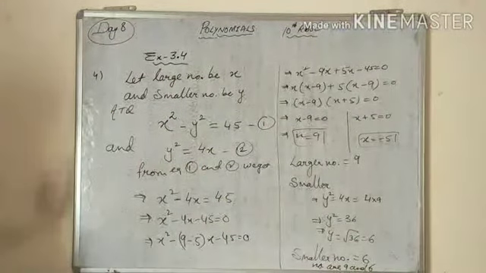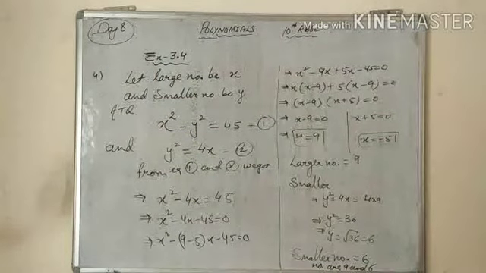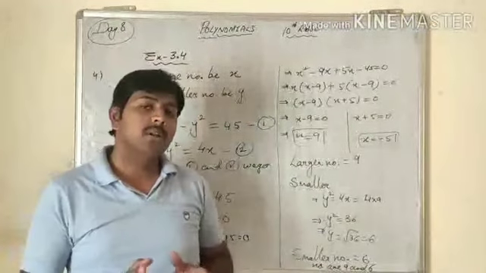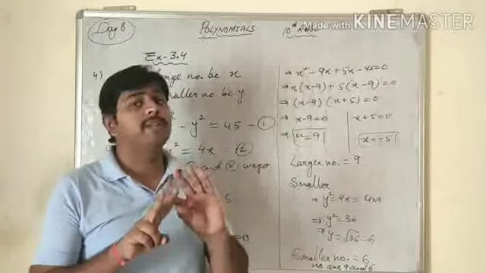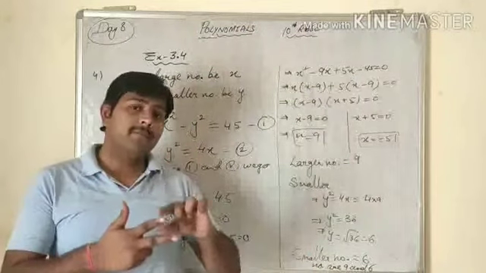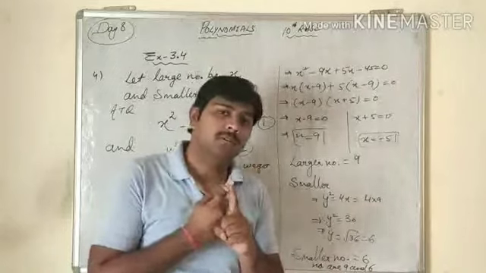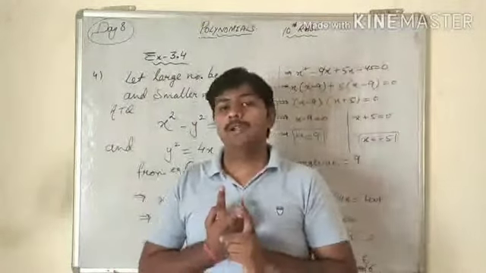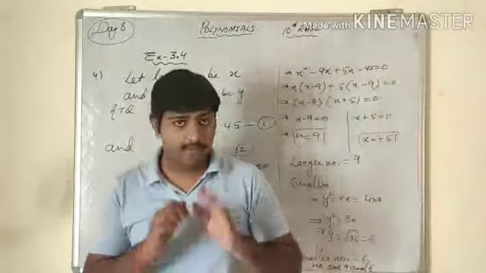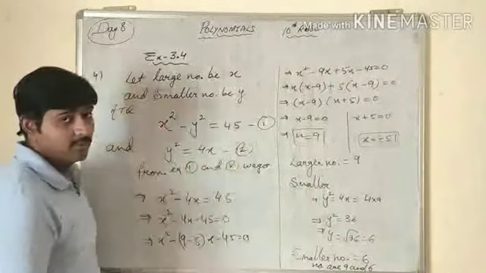This much is the solution. I'll repeat this question. It's a very good question, and this kind of question may come in exams, that's why I'll repeat. Simple theory is given in this question. There are two numbers, one of them larger and the second smaller. The difference of their squares is given. Suppose I took the larger as x and the smaller as y. So x square minus y square, and the difference is 45. I have written x square minus y square equals 45.